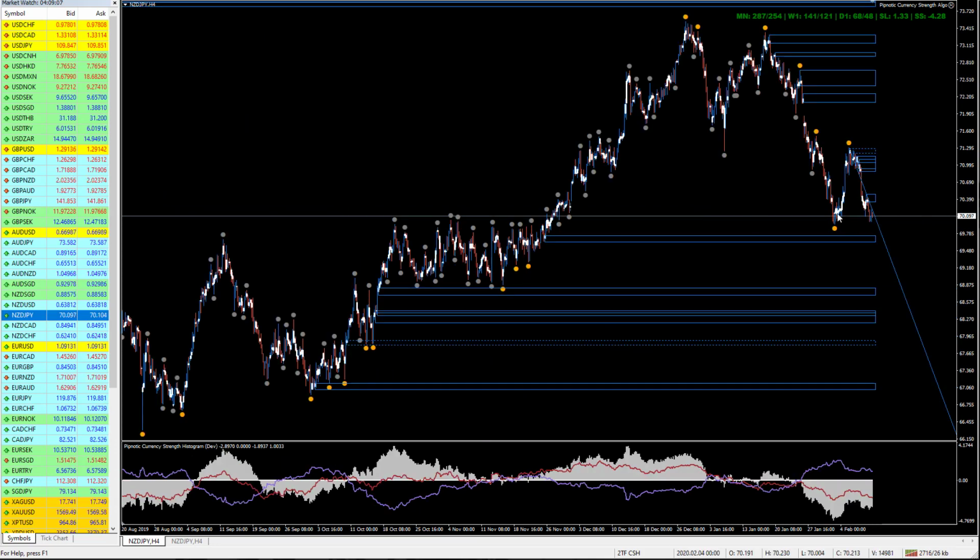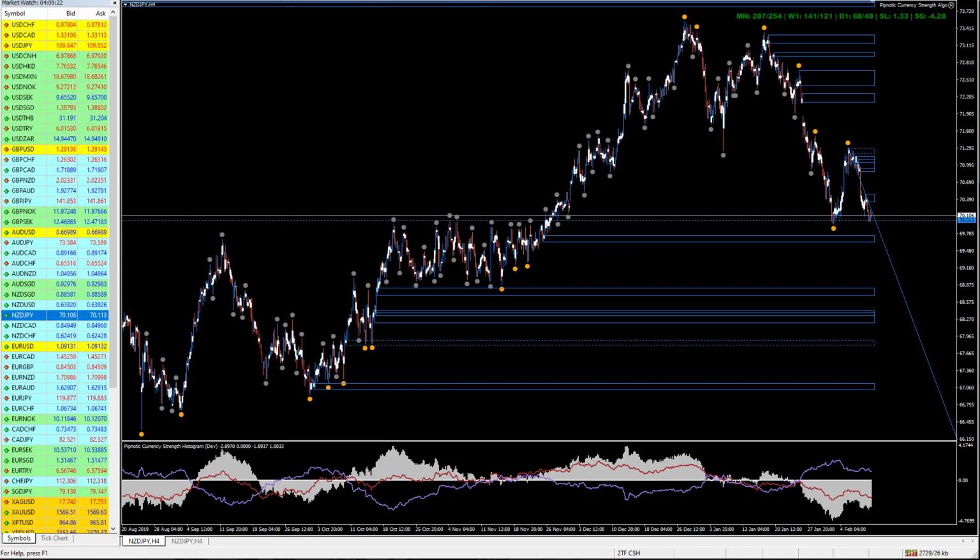We took a trade just here last week based on this very extreme reading. So price popped down here. We popped down into this area, the beginning of the buy zone. The beginning of the buy zone was here. Okay, just here. And the reason I say that is because